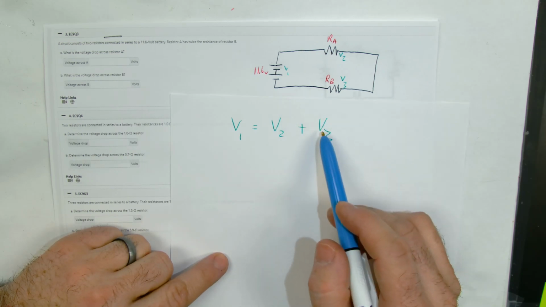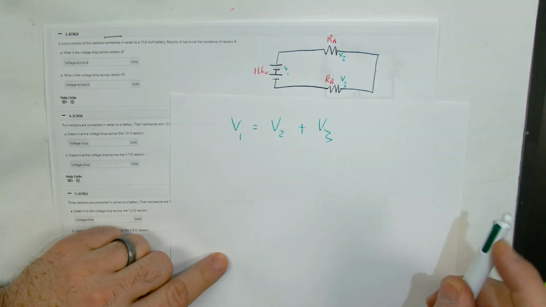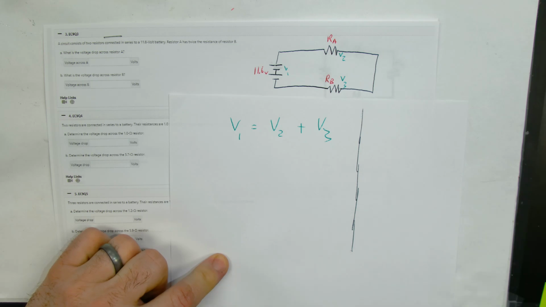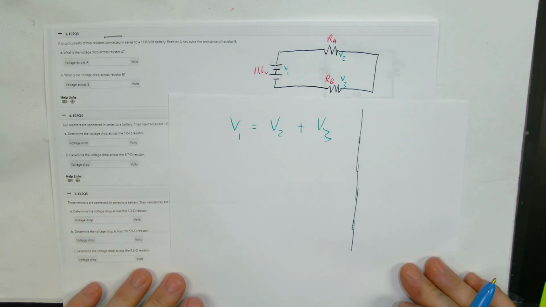We are definitely going to do that. We also know, they just told us that resistor A has twice the resistance of resistor B. So we can say that